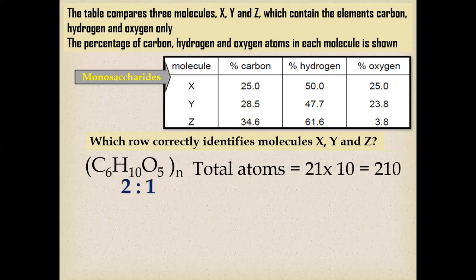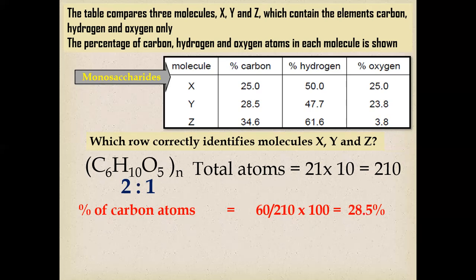Now we want to check the percentage of carbon. The number of carbon atoms is 10 multiplied by 6, that's a total of 60 carbon atoms in 10 monomers. So 60 divided by the total 210 atoms, multiplied by 100, gives a percentage of 28.5,